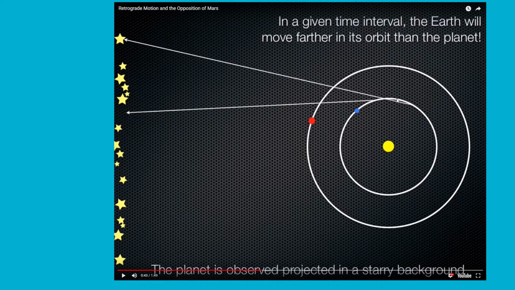So here, Earth moved faster than Mars. So Earth came around, Earth moved from this point to this point and went farther in its orbit, but Mars only moved from this point to this point, a shorter distance in its orbit. And so when we viewed Mars from right here, it landed over here in the night sky. If we stopped the video now, we would make a line from Earth to Mars, and it might land about right here.